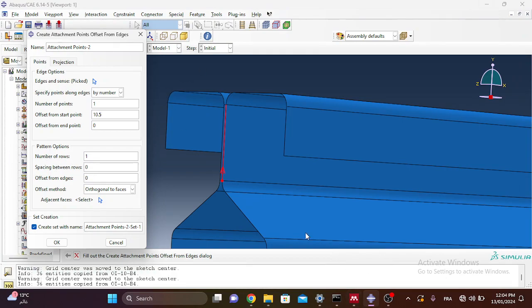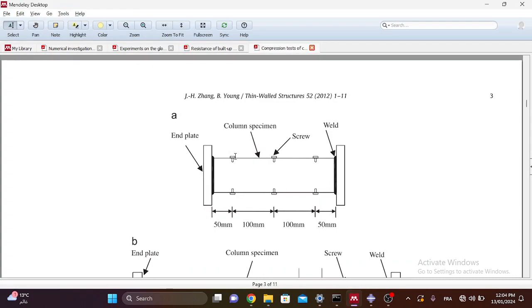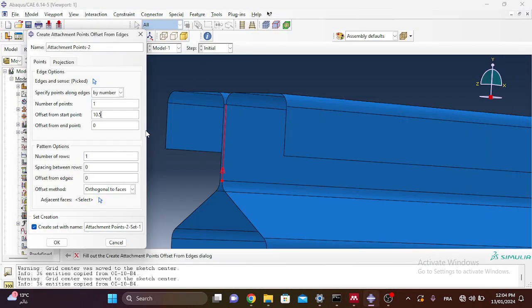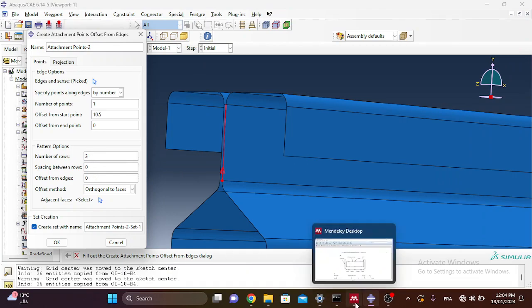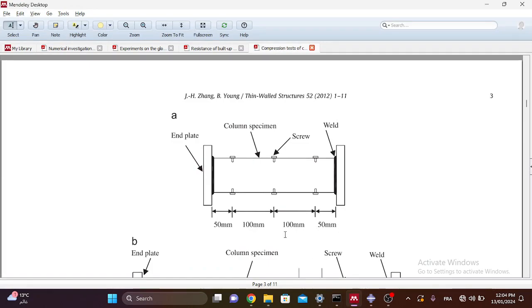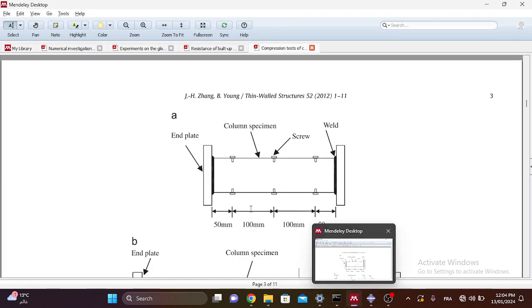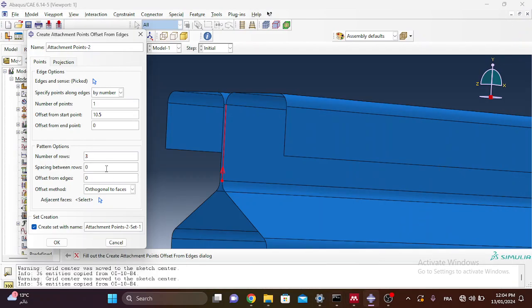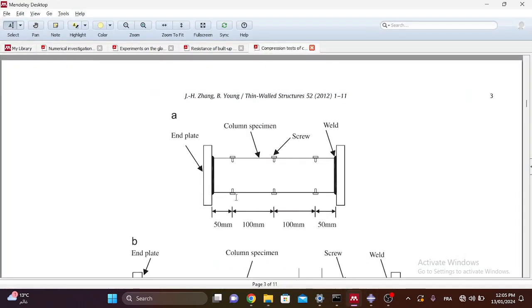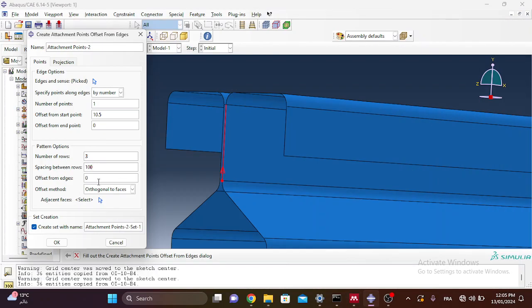I have to know the number of rows. In my case, I have to put 3 rows, as you can see here. So I put 3. The spacing between rows is 100 millimeter, as I have here. So I put 100 millimeter. The offset from edges, I mean this offset from edge distance here, is 50 millimeter. I put 50 millimeter. Afterward, I will go to this parameter, adjacent faces, and I will select my face where